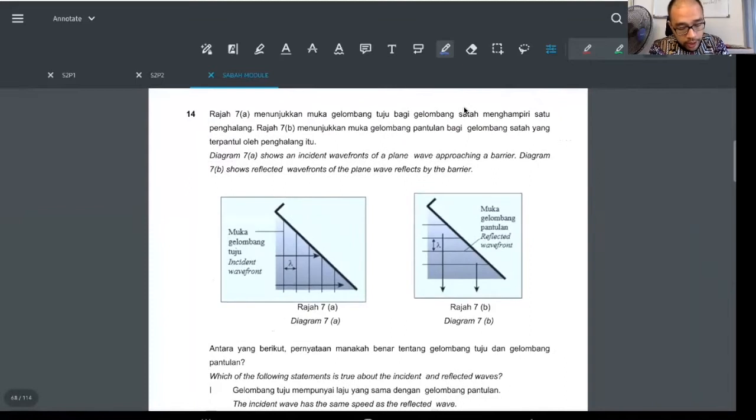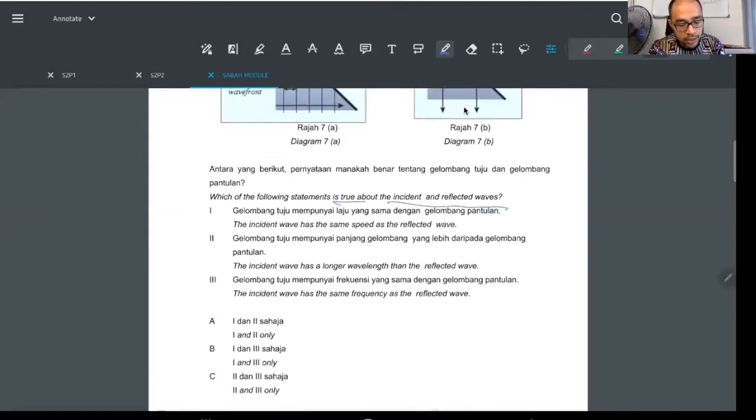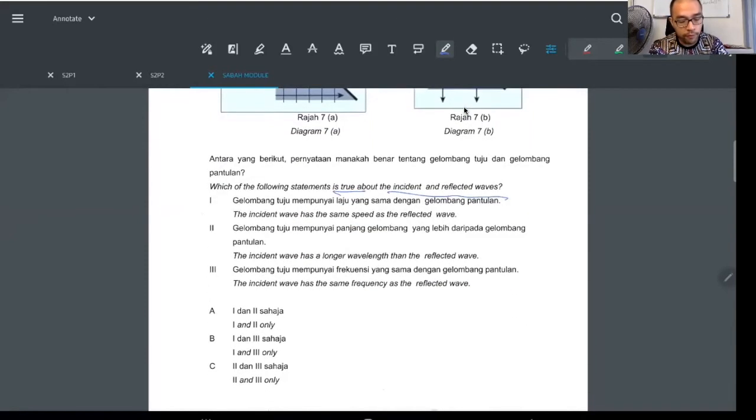Diagram 7a shows an incident wavefront of a plane wave approaching a barrier. Diagram 7b shows the reflected wave. Which of the following statements is true about the incident and reflected waves? Incident wave has the same speed as the reflected wave. True. In reflection,